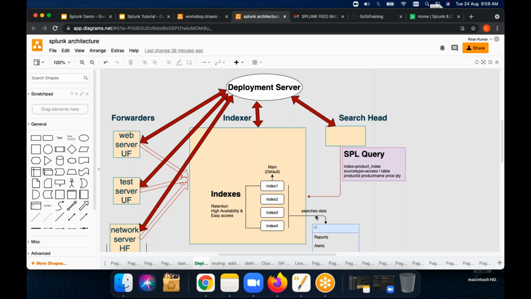For example, if there is a problem with the network itself, whatever the problem is will automatically be registered in the log files. If there is a problem with the router or the switches, that will be registered. All those files will be forwarded to the indexers, and through the UI we will search for the corresponding error and get it. That is what the process of Splunk is, and those things will be analyzed by Splunk.